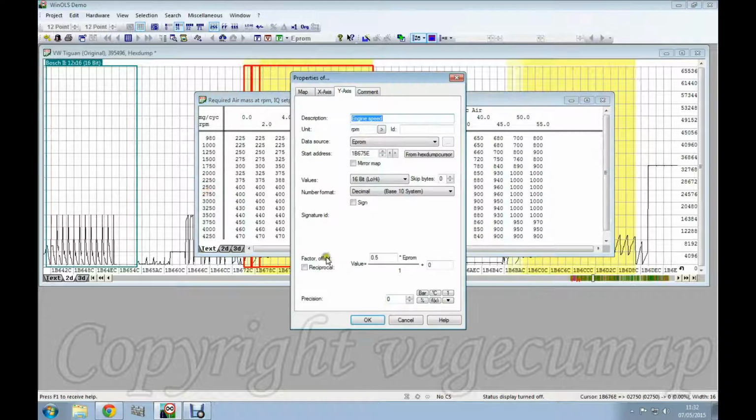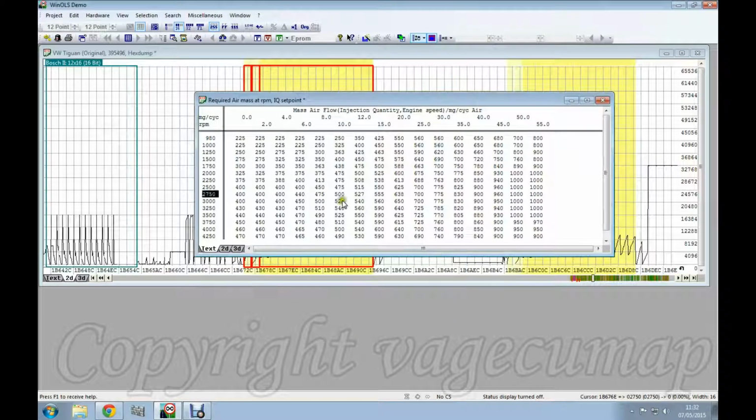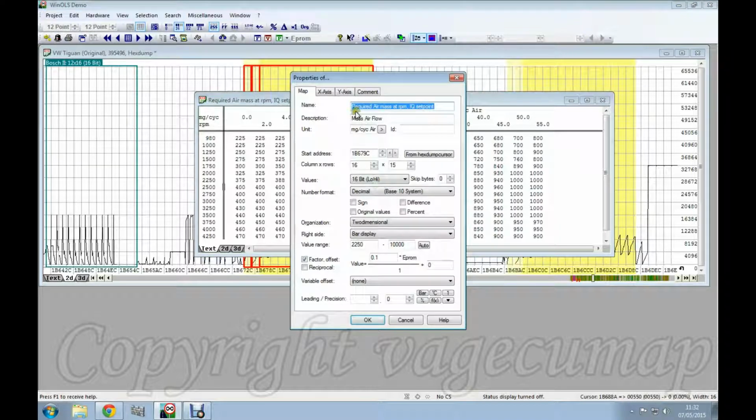Factors and offsets the same as usual, so there we've got 0.5 for engine speed, we've got 0.01 for injection quantity, so the same as they were on the previous video that I looked at. And what we've got here is the same sort of output that we would have expected to see on an exhaust gas recirculation map, but it's not shown in quite the same way. What I've got are values which, if I look here, I've just put in are mass airflow as before, so I'm still using the factor 0.1,